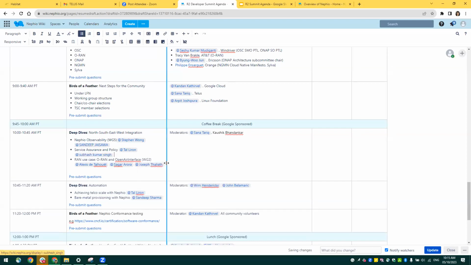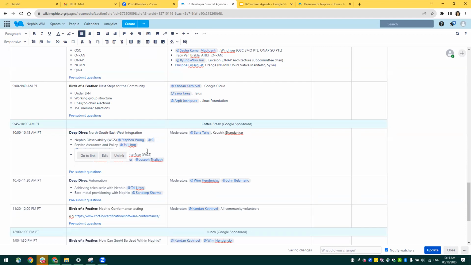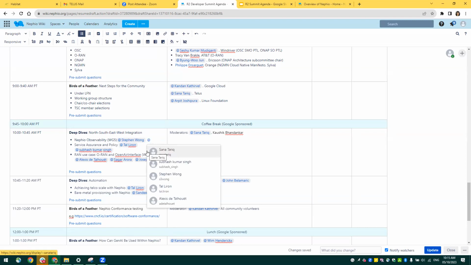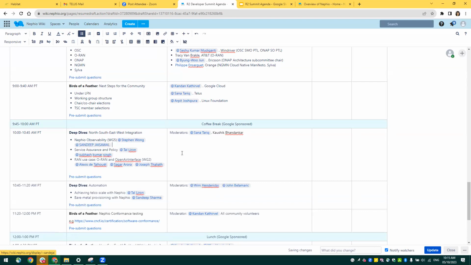You deleted a letter from Sandeep's last name by mistake. Oh, perfect. It's Sandeep Jaiswal, right? Maybe I'll pick up the whole thing again. Yeah, I take my words back. This is really not friendly. Sana, you said you loved Confluence. So many people in my team use that, but when I'm working with it, it's so bad.